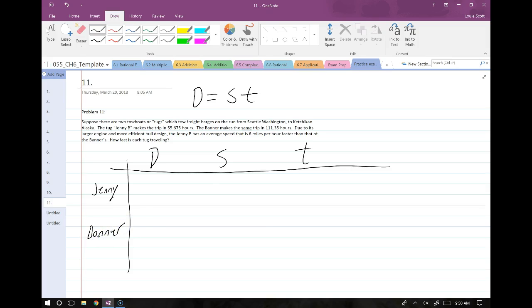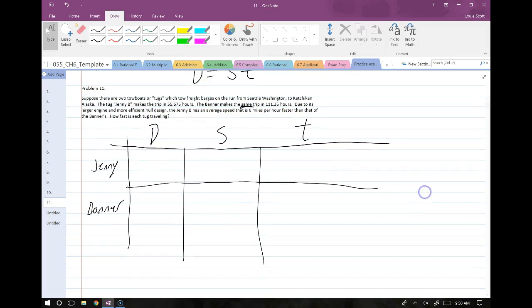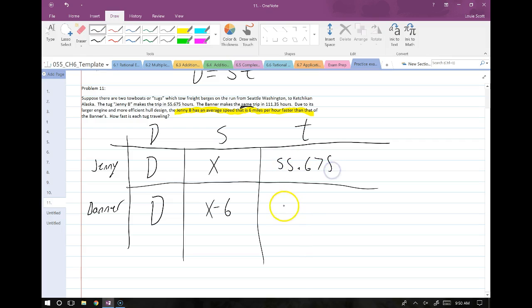All right, the distance. They say they make the same trip. Notice that is actually underlined, the same trip, because that's really important to this problem. So I'm going to just leave the same trip as capital D, right? Same distance for both of them. The speed: it says the Jenny B has an average speed that is 6 miles per hour faster than that of the Banner. So if the Jenny is x, the Banner is x minus 6. The time, it gives us the exact time, 55.675 for the Jenny and